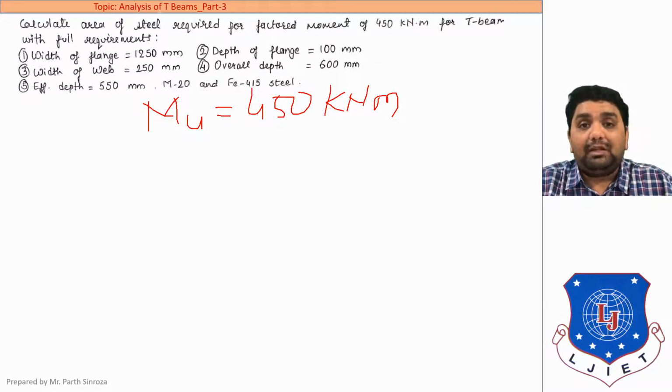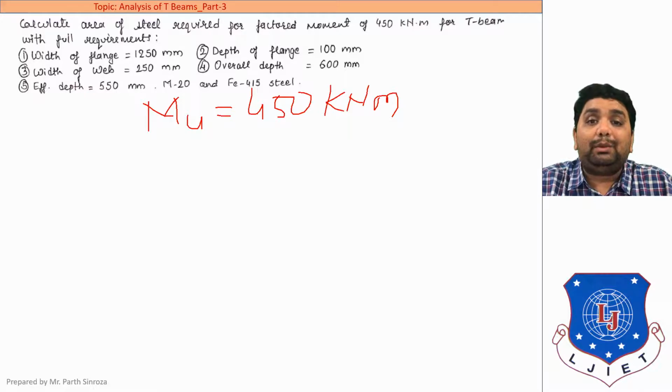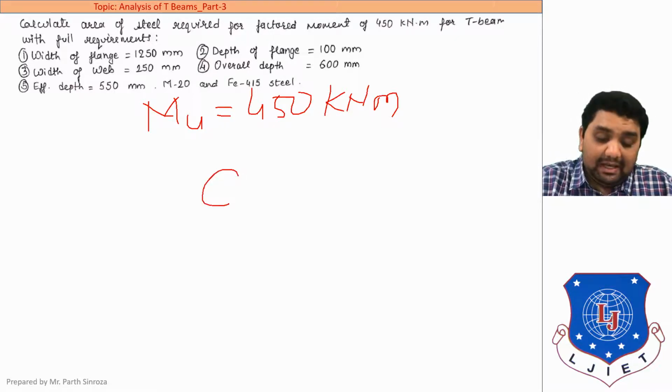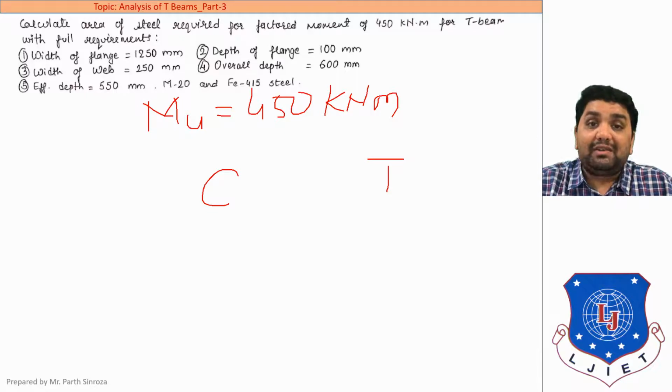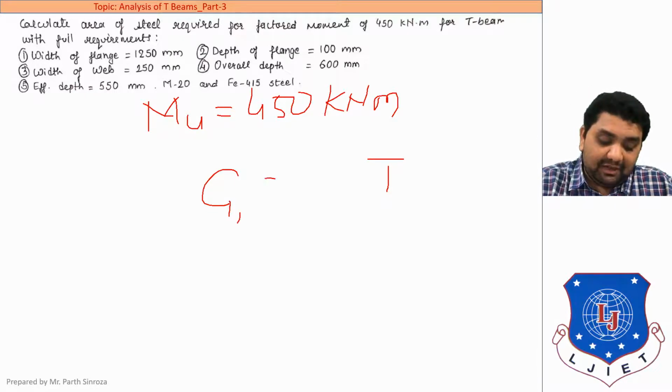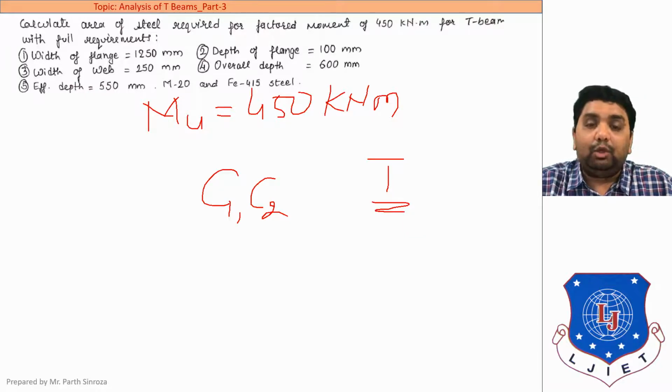And from mechanics of solids, we have studied the basic fundamental of moment, that is moment is always equal to load into perpendicular distance. Now here we are dealing with two types of load. If you remember the stress strain diagram, the loads were C and T. C was classified into two portions, that is C1 and C2, whereas T will only be T. It will not be divided into T1 and T2. Clear?